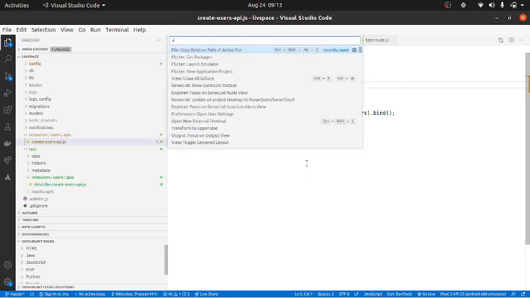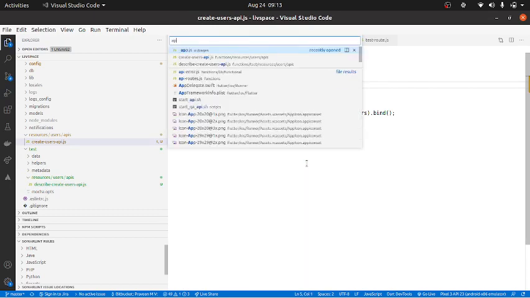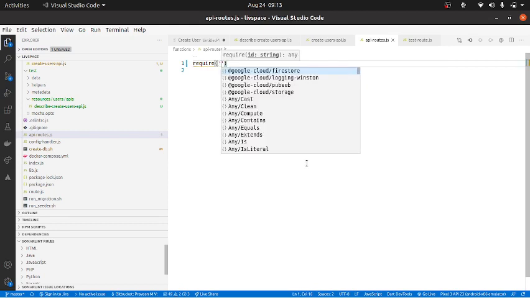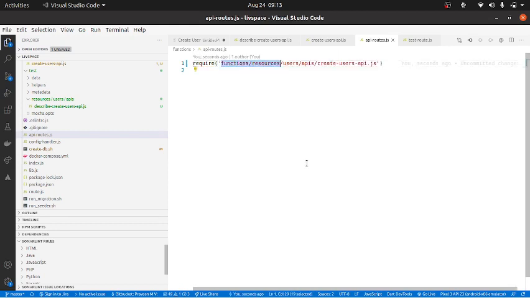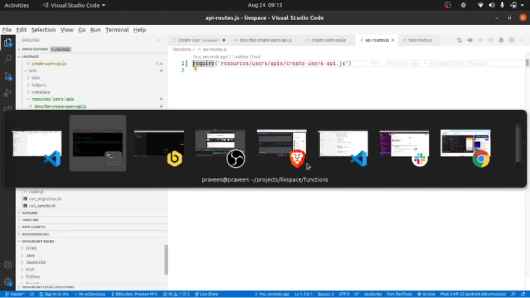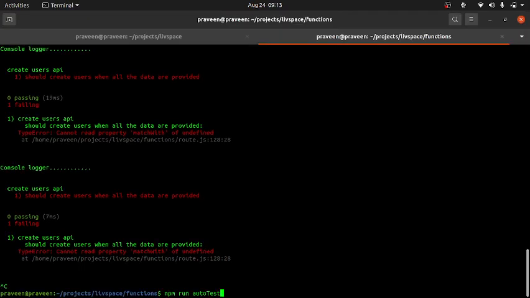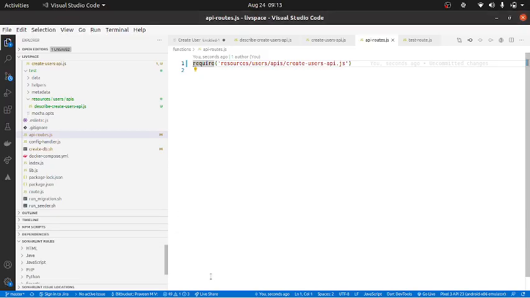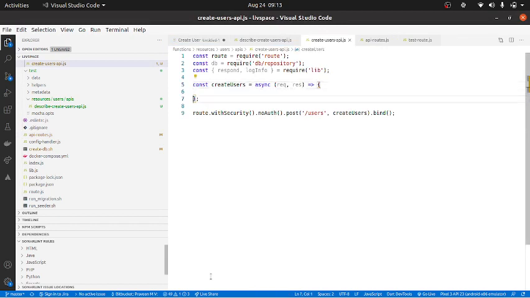So I'll go to API routes, and I'll basically do require. Okay, just get rid of these functions, and I think we are good to go. So this would have sorted things out for us. What we will do is, let's rerun the test case. Cannot, okay, it is that's because it is not returning anything. So here I will basically do return